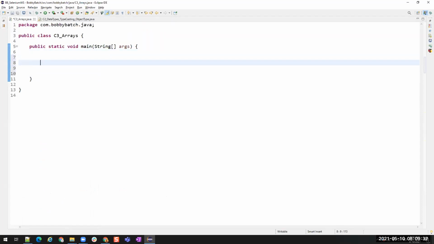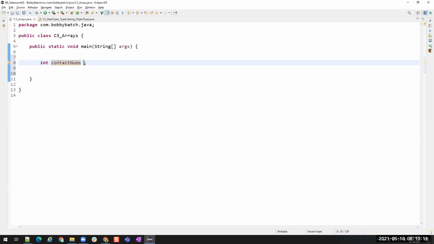So similarly, now I want to store multiple values inside an integer array. For example, I want to store multiple numbers like your contact numbers or any other numbers. So I'm going to create a normal variable first, int. This is the data type, and then I'll say contactNumbers. This is how we create a normal variable, right? Data type and variable name.